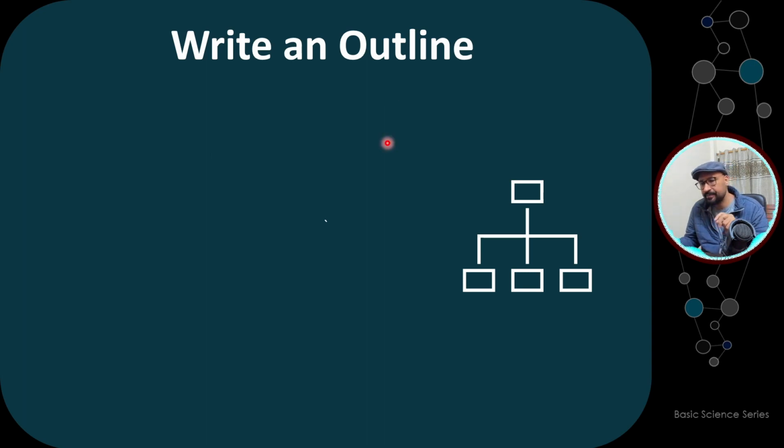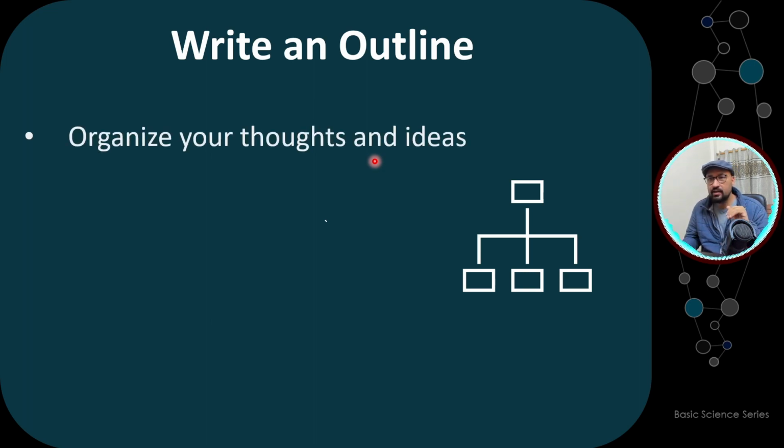I'm not explaining different parts of the manuscript or the research article here, although I have lots of videos. If you want to look into that, please go and watch all those videos where I've explained the abstract, introduction, materials and methods, and so on. Right now, sorry, I'm just taking my time and starting from scratch, trying to tell you how you're going to outline everything. Let's take the example of the introduction. You can write the introduction in a flowchart way where you highlight the main sections that you are going to elaborate. So that is your outline.